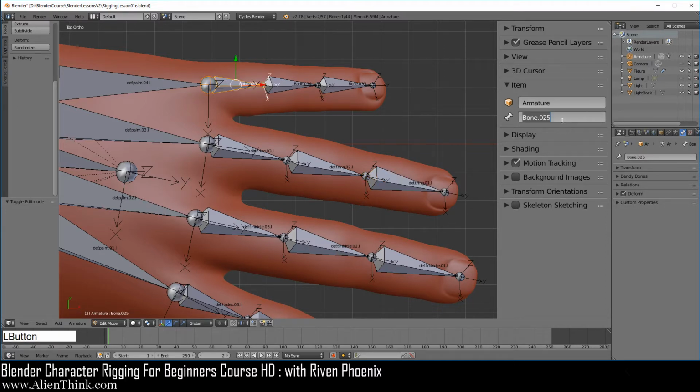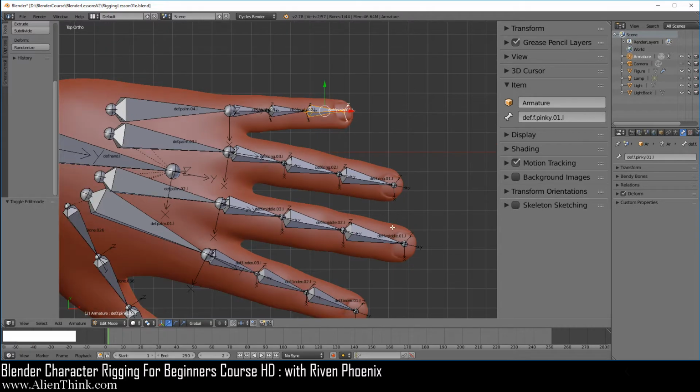This one is going to be the pinky finger, dev.f.pinky.03.L, enter. We're going to hover our mouse, copy it, click inside, Control V, make this 2, enter, click inside over here, make this 1, and then enter.